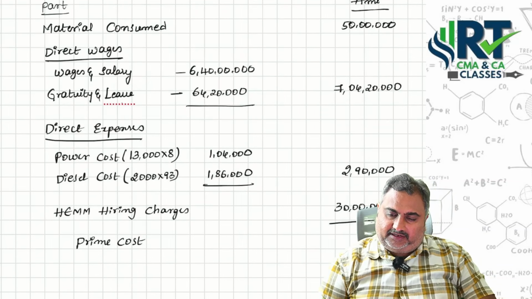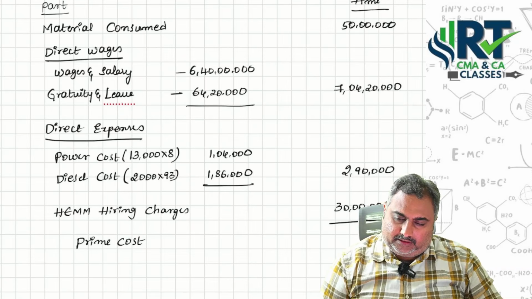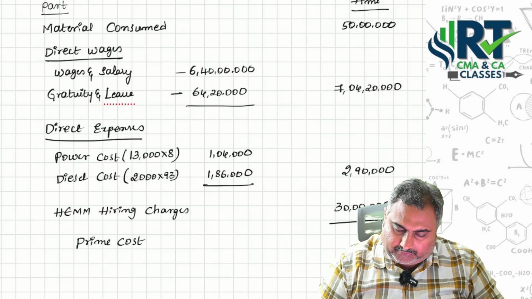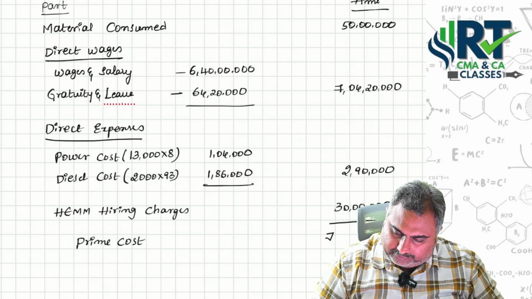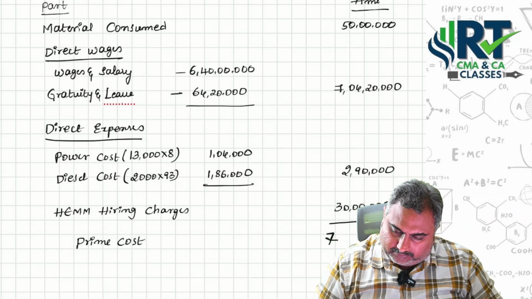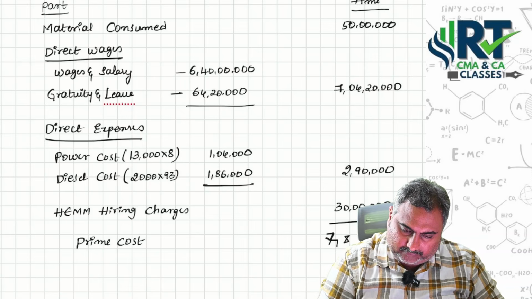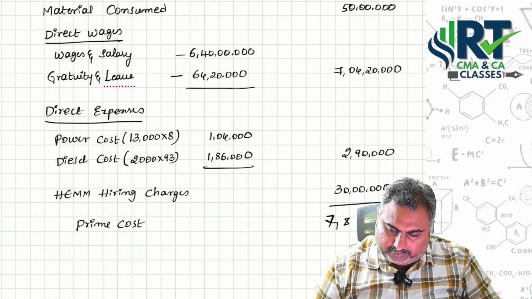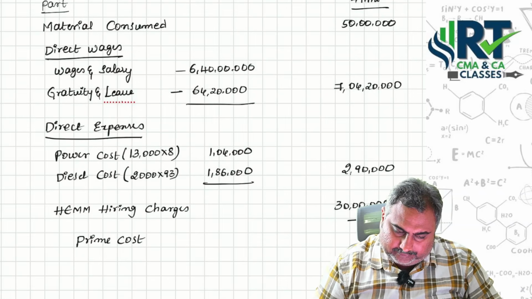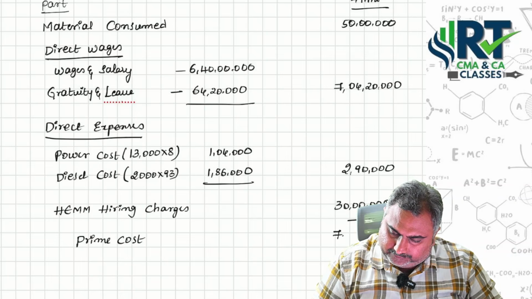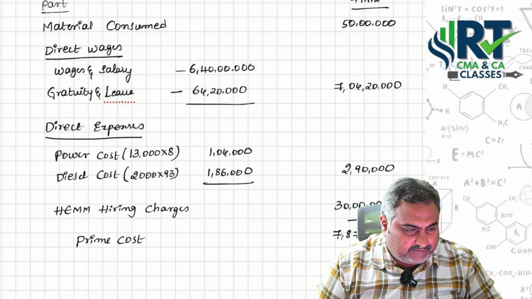So 50, 80, 82, 86, 90, 7 crore, 7 crore, 87 lakh